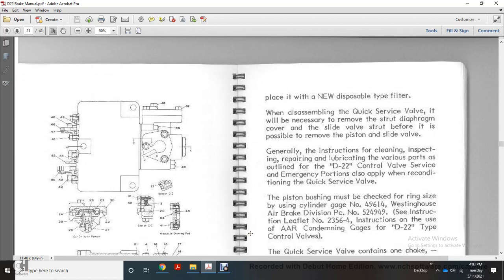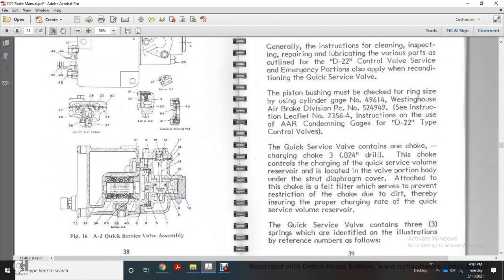While disassembling the quick service valve, it will be necessary to remove the strut of the diaphragm cover, the slide valve, and the piston. The general instructions for cleaning, inspection, repairing, and lubricating the various parts, as outlined with the D22 control valve service emergency portion, apply to reconditioning the quick service valve piston. But the piston bushing must be checked with the ring side with the key using the cylinder gauge, the number